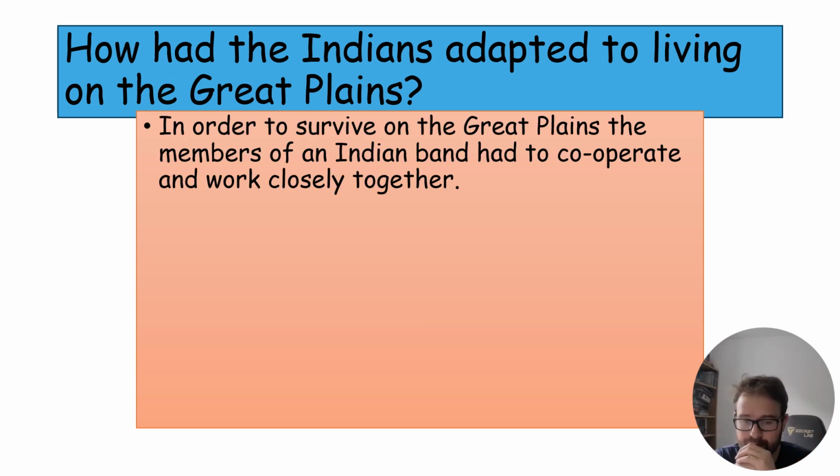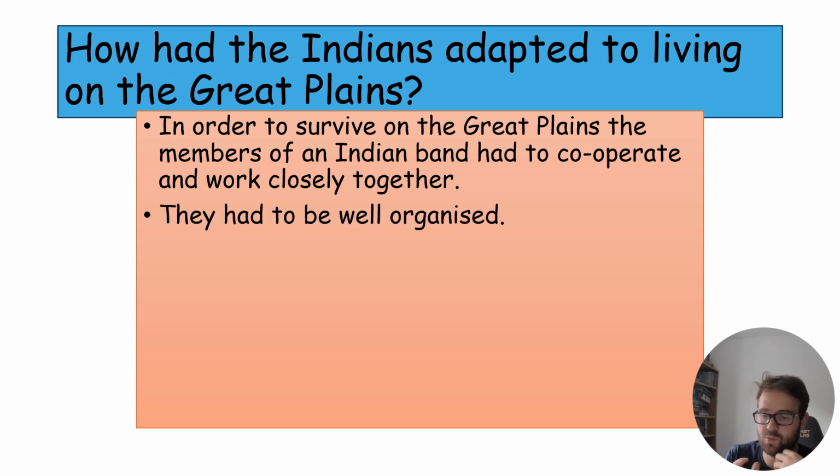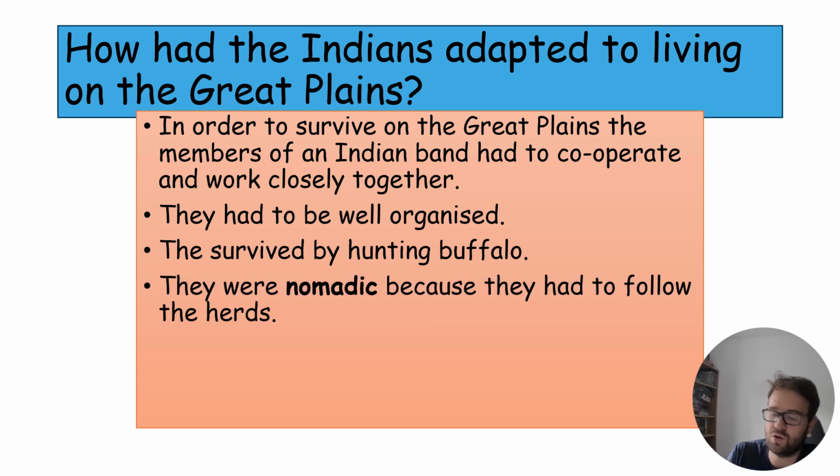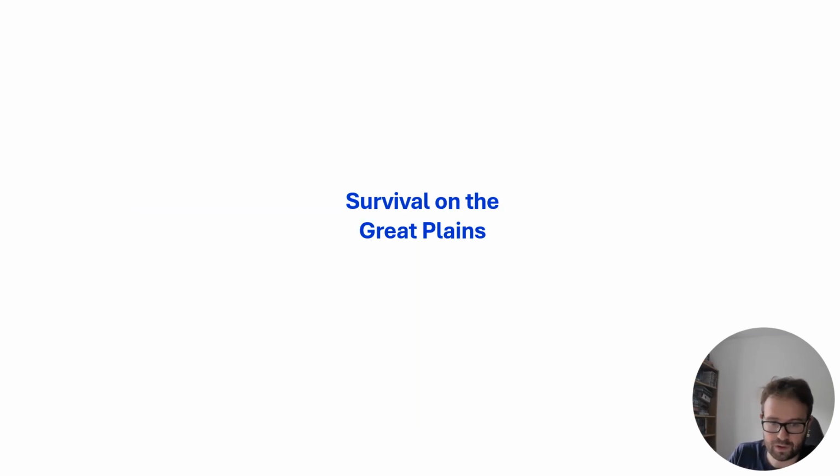So they had adapted quite well to living on the Great Plains. They had to cooperate, so their whole tribal system was well organized and built to survive. They follow the buffalo, so everything they do is about hunting the buffalo. They're nomadic, so they go from place to place. They follow the herds, and they live in these teepees, these easily collapsible tent-like structures that they will rebuild as they go. So again, make sure you know that way of life. Make sure you know how the Plains Indians survive. That's important, especially to later on the topic where the Americans look to break that system.